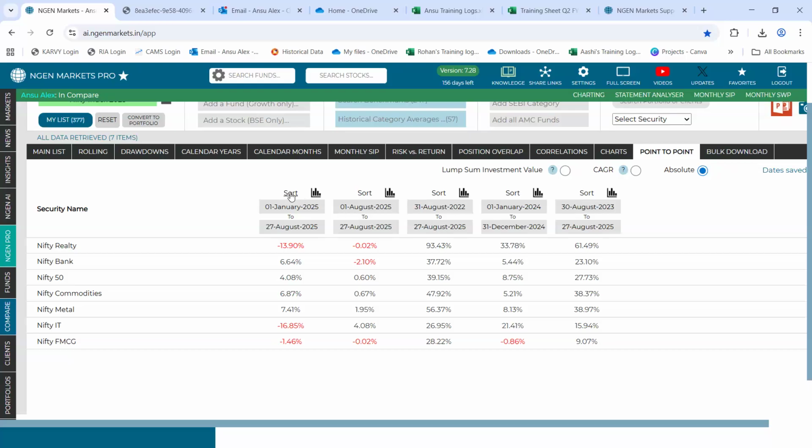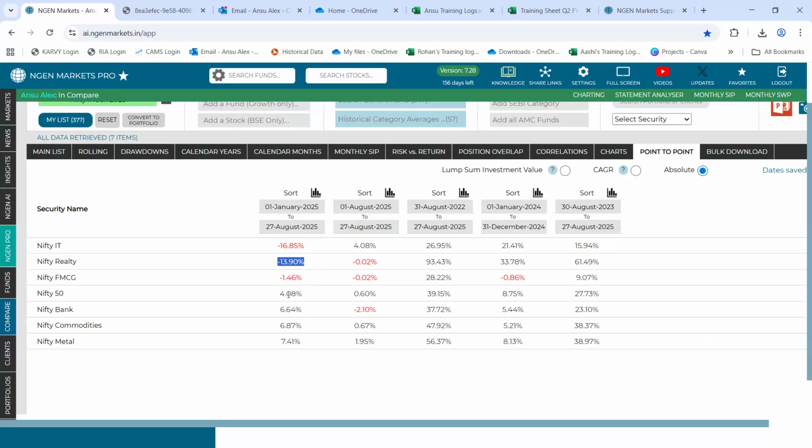You can also click on this sort option to sort and view the data in ascending or descending order. So in the year to date time period that we are analyzing, the sector that was drastically affected happens to be Nifty IT to an extent of negative 16.8, followed by Nifty Realty, which was negative 13.9.